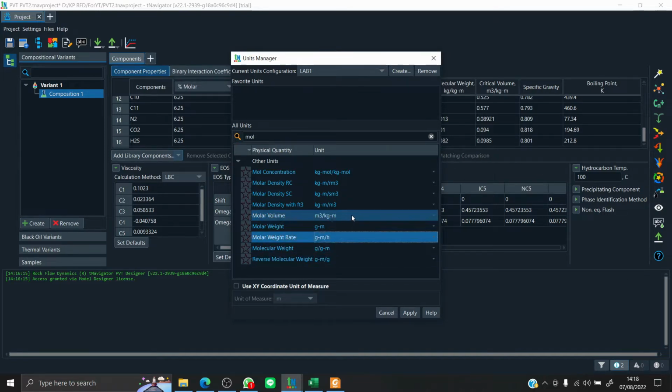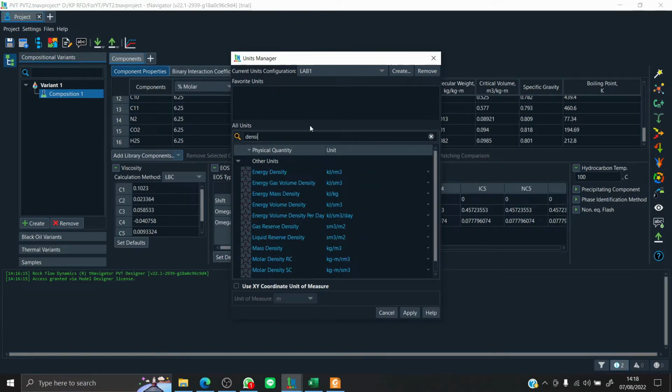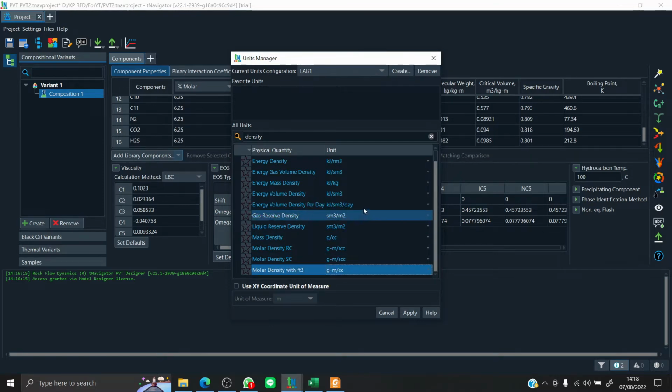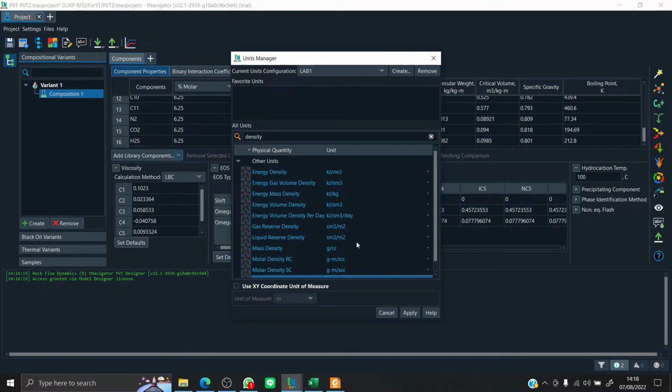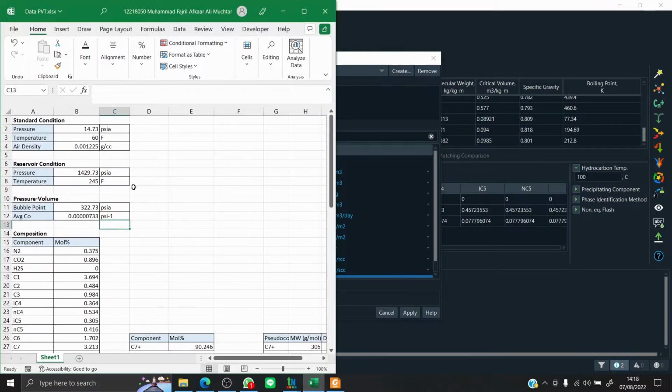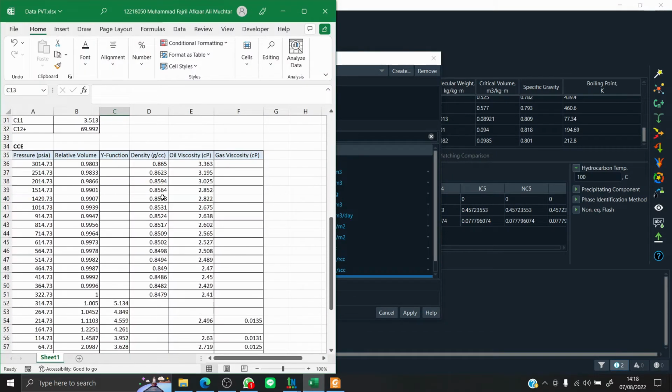I think that's all. Pressure, temperature, molar, and oh yeah, density. The density is in grams per cc. Okay, let's change all density to grams per cc. And yeah, I think that's all of it.